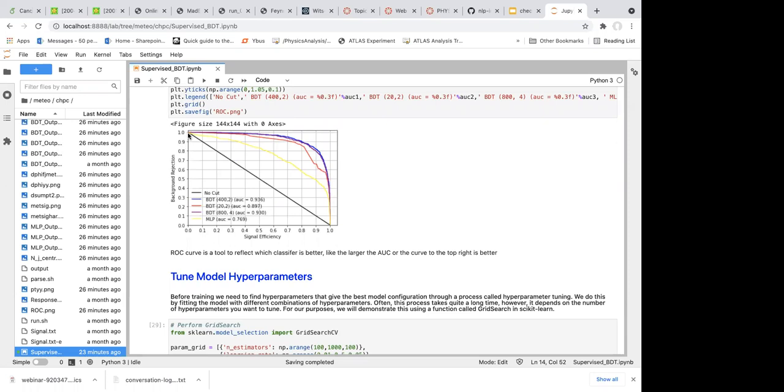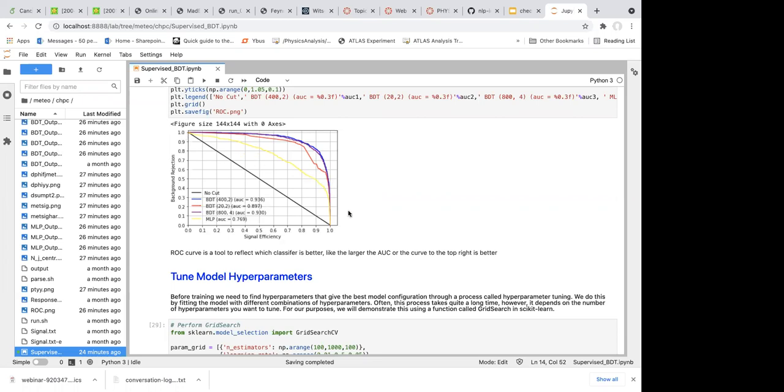1.0 will be here. That means all of the events will be labeled as background, and all other points will be just in the middle between these 2 points on the curve. So that represents the different efficiency that you select your signal and select your background. Of course, on the right side, the signal and background efficiency, both of them will be high. On the left side, the signal and background efficiency, both of them will be low. So here is 0% labeled as signal, 100% labeled as background.